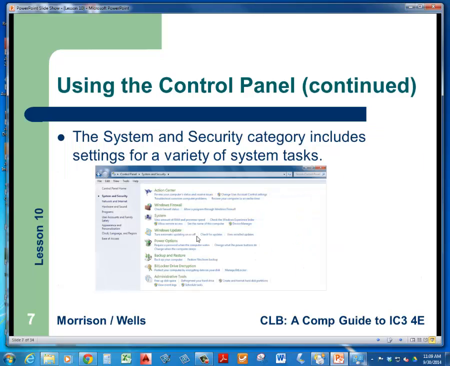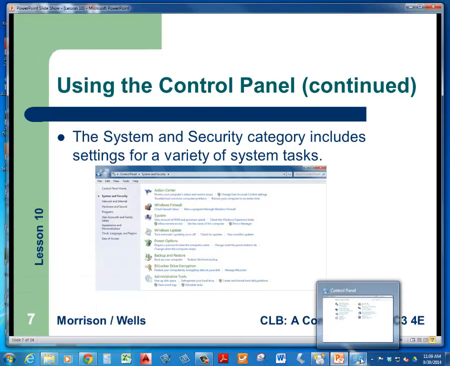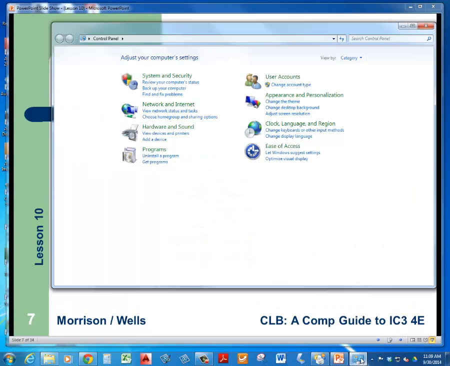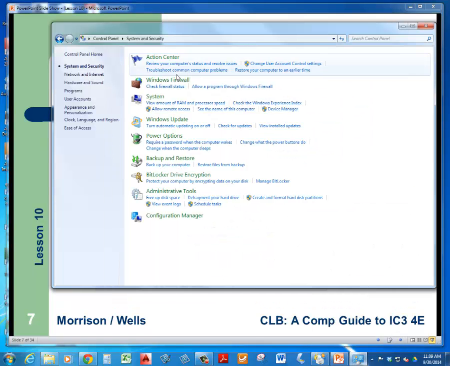So when we're using the control panel, we can set the system security category, and if you select that, you see it in your taskbar. Once you've selected it, if you minimize it, then it goes down here and you can pick on it, and your system and security settings, and you're able to view these things in the lab. You can view them, but when you try to take action, it's probably going to say, no, I need an administrator password to allow you to do that. So changing your user account control